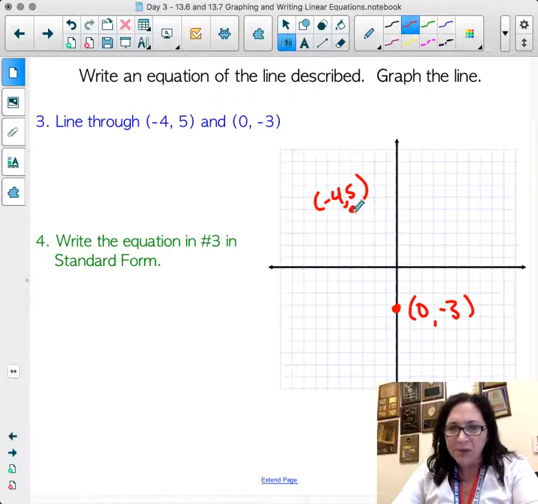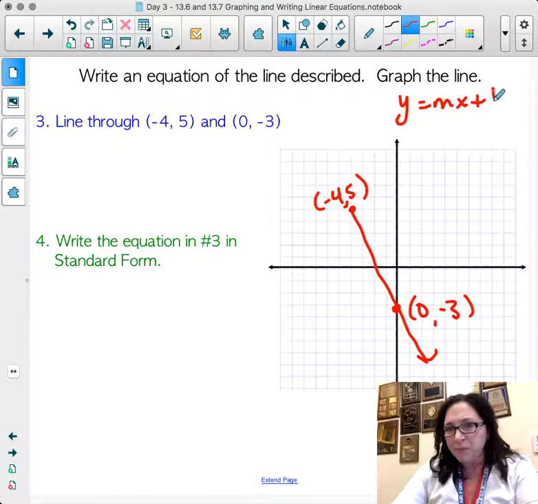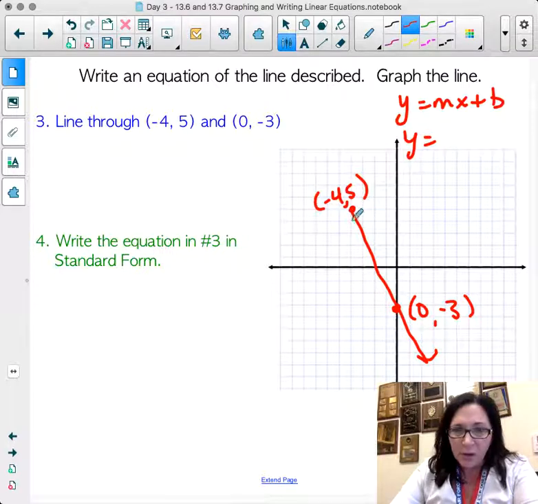So actually I have options for this problem. Number one, because I have a y-intercept, see that? Given that, I could even put it in y equals mx plus b form. Y equals m, my slope, I can just count if I wanted to. Let's do that. So if I went up 5, and then down 3, that means I dropped down